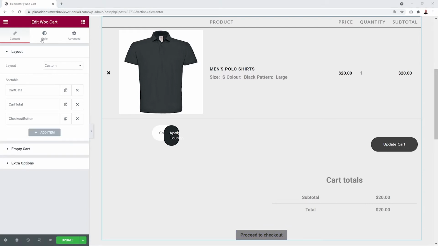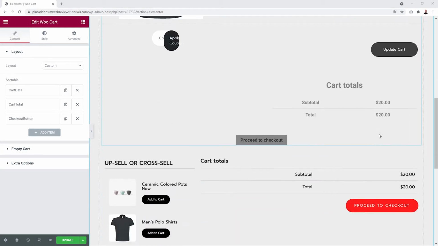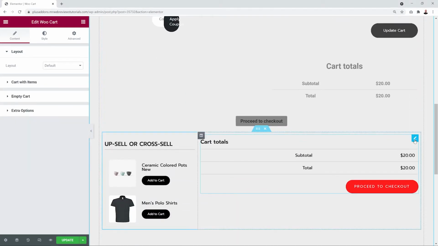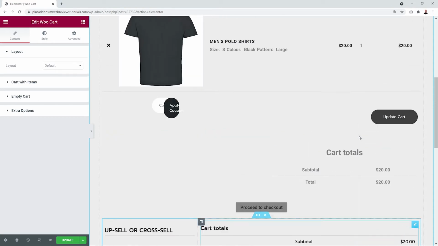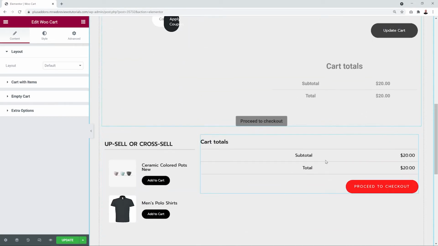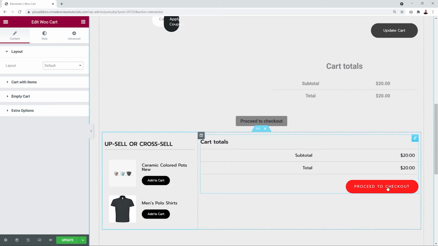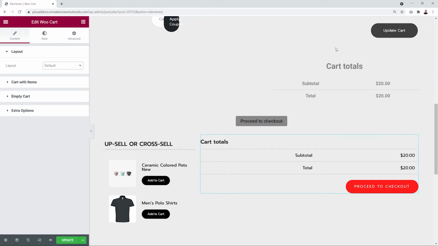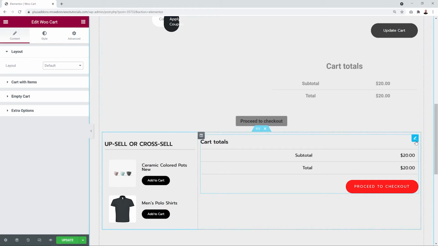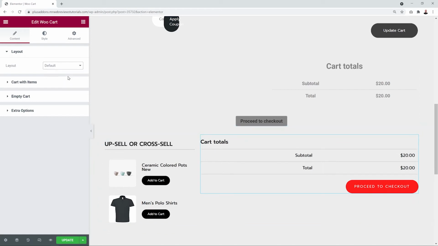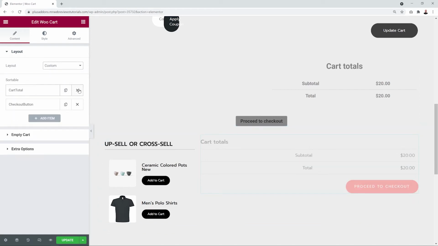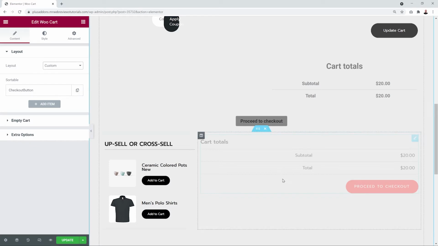And if you use the custom feature, you can add more than one WooCart widget on your page. Like for instance, here we have this one, but we also have another one here underneath. So if you wanted to, you could have maybe two elements here and one single one here at the bottom. So for instance, if you wanted only to display the proceed to checkout button here on its own and the rest of the details on this section here, all you have to do is just basically click on this, select custom, remove the data, remove the total,